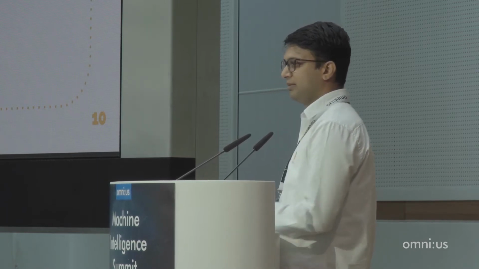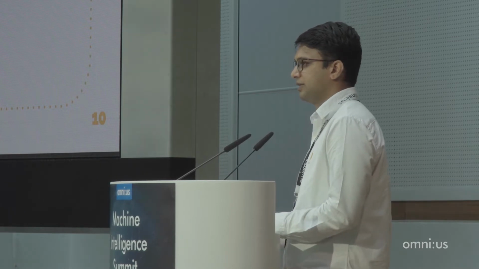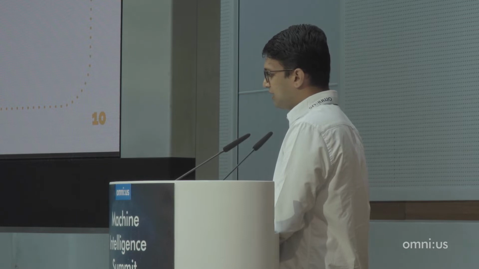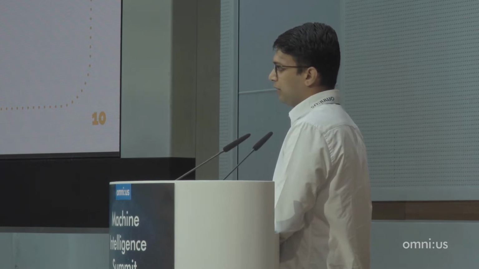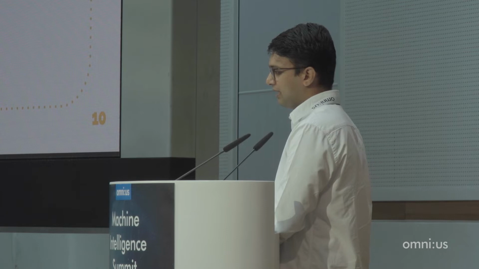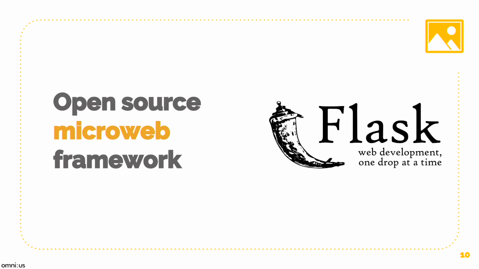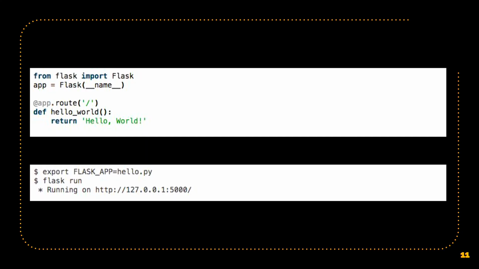Okay, so now we have the deep learning models. How do I build them as REST services in a microservice architecture? In comes Flask. Flask actually started off as an open source prank by Armin Ronacher for April Fool's Day, where he took a lot of libraries, put them in one single file and said, look at my microservice web framework. But eventually it turned out to be one of the biggest open source projects by Armin Ronacher and his team. And it is this easy to bring up REST endpoints. We just have Flask, we build an endpoint, and then voila, it's up.